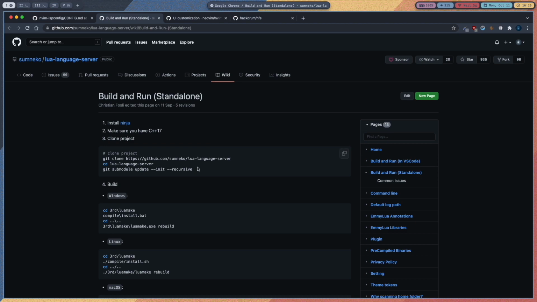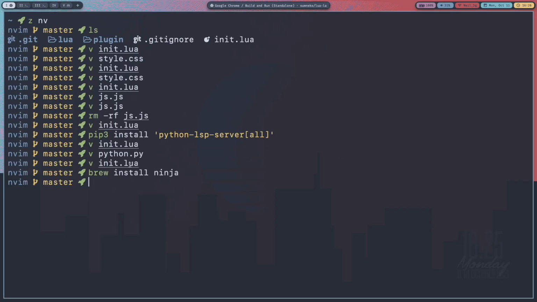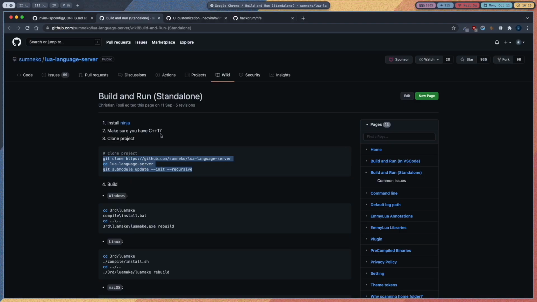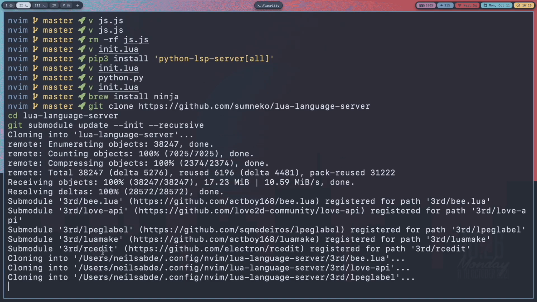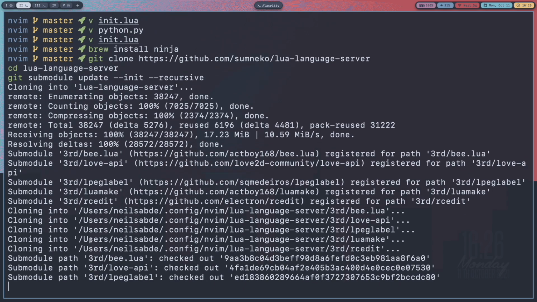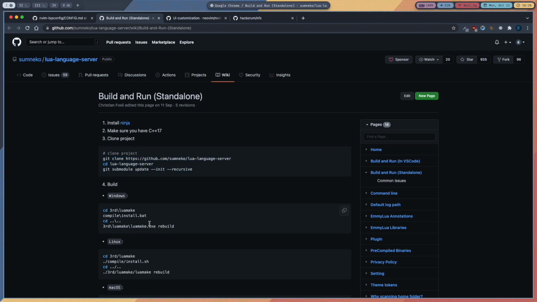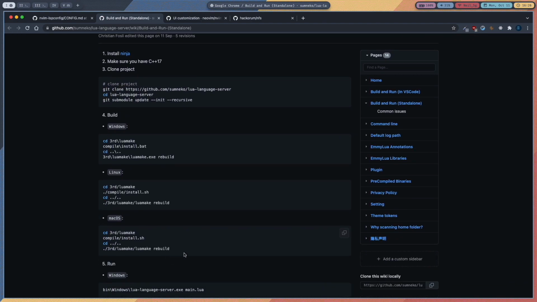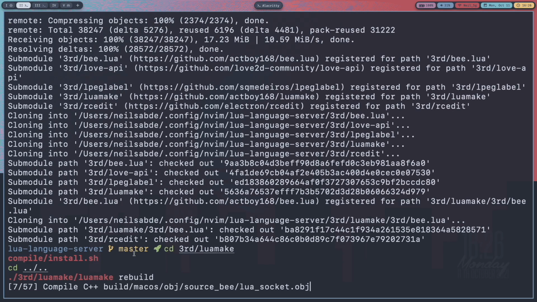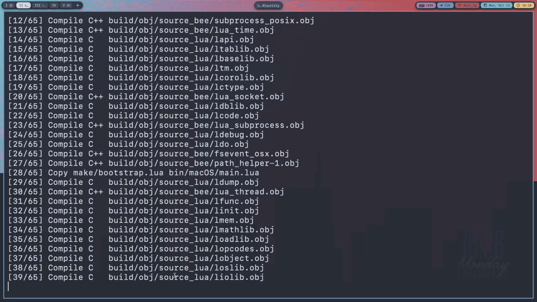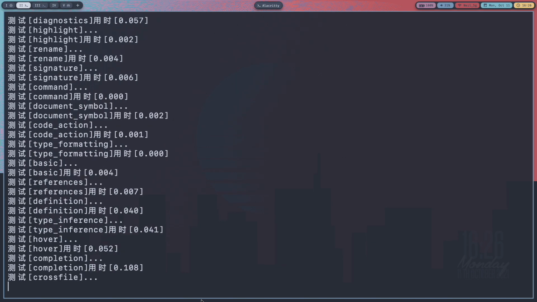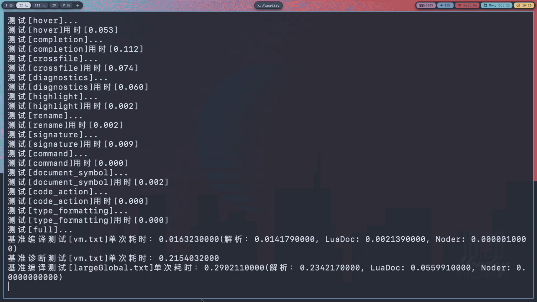Now we need to clone the project, and you also need to have C++17 already installed. So it is cloning the directory here, and it is adding the submodules also. Now we need to build that. I'm on macOS, so cd lua, make, and then it will run the shell script to compile, and then it will rebuild the project. It will take some time to install, so till that time we can